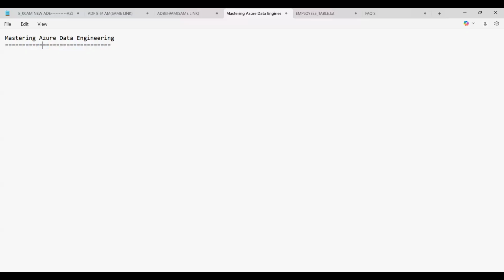Azure data engineering is called as what? Azure data engineering provides the solutions for the following. It is not a single service, it's a bunch of cloud services. We have many cloud services available in Azure data engineering. It is the Microsoft Azure data engineering.